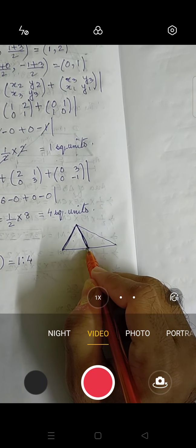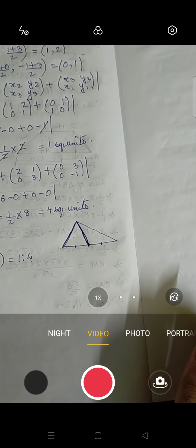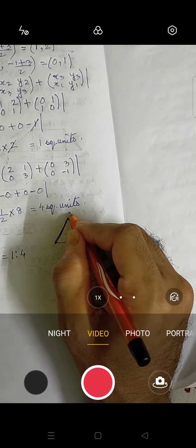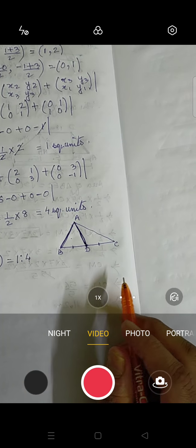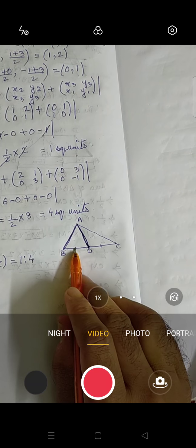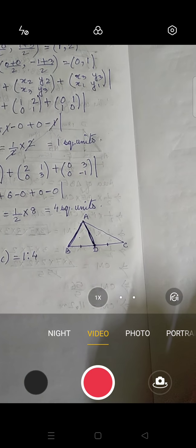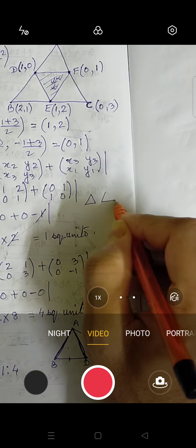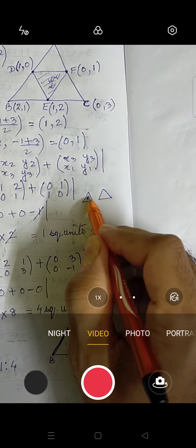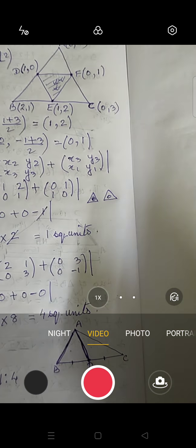Now if this is the midpoint, can I say that this and this will be equal? I'm just solving it so that you can understand why they are equal. Let us suppose this is D. So this is the midpoint, so this and this will be equal. Remember that congruence of triangles means exactly two triangles. Suppose this triangle and this triangle are congruent. It means that the area of this triangle and this triangle will be the same. Congruent means exactly the same, a Xerox copy. So a Xerox copy, definitely their area will be the same, or not?